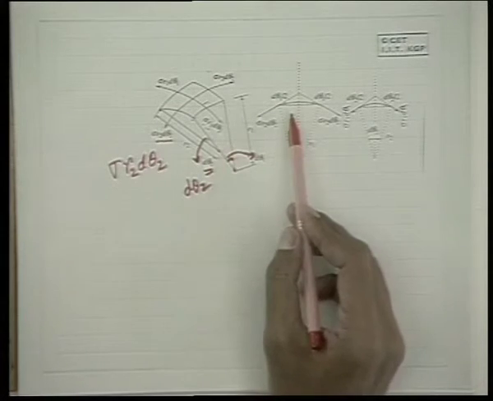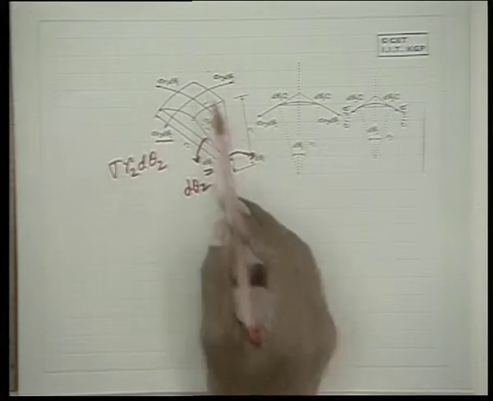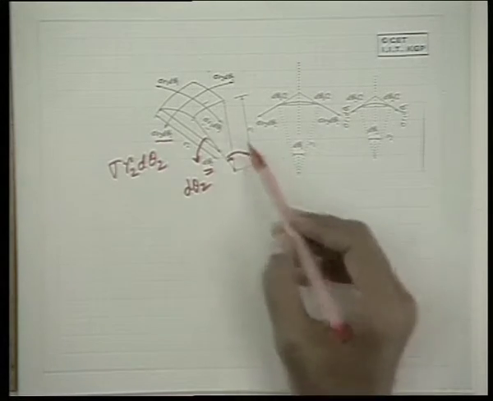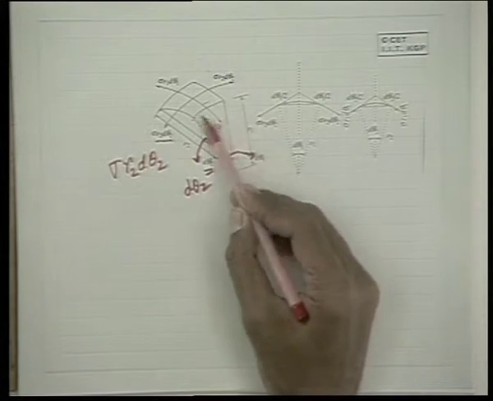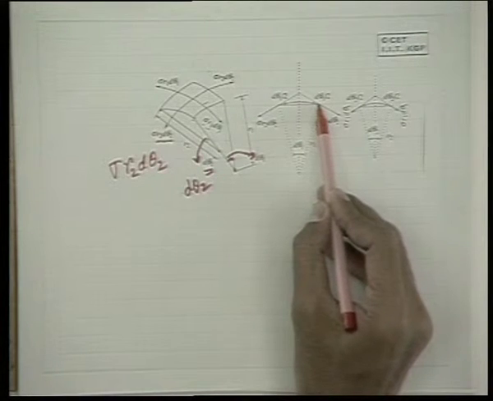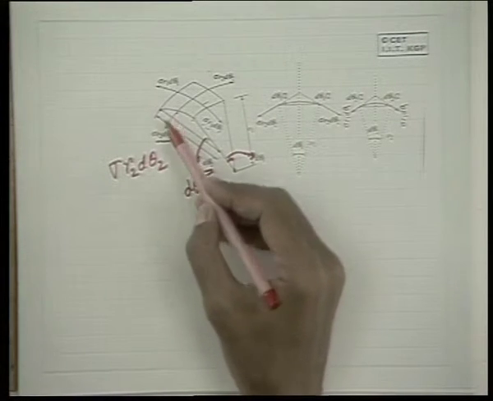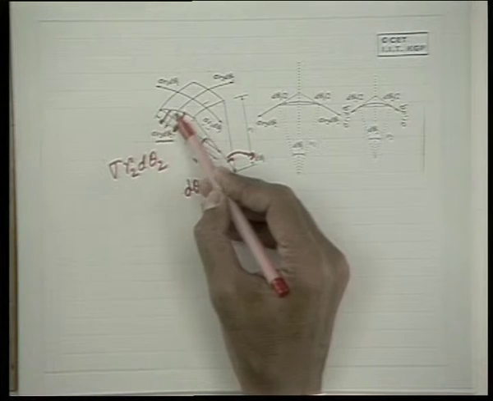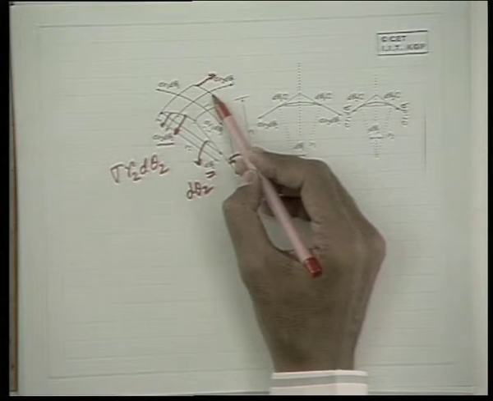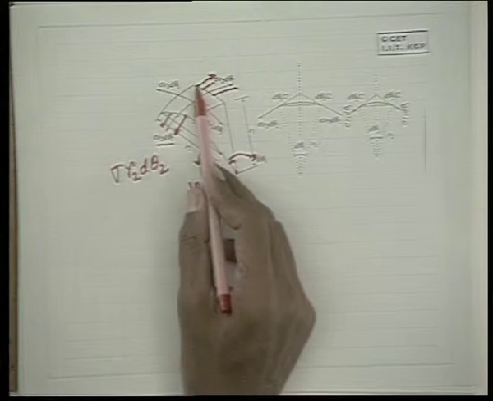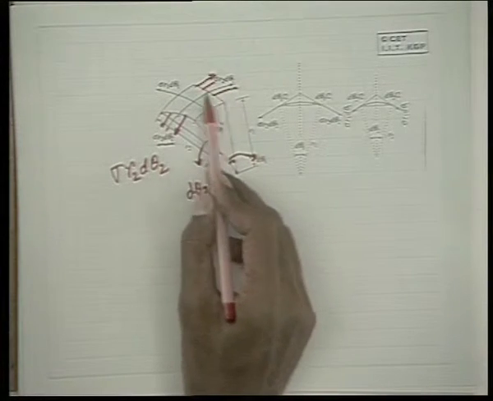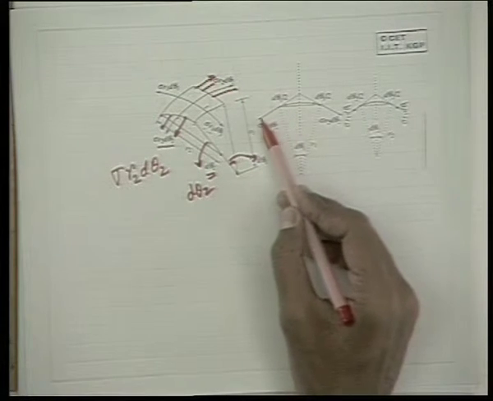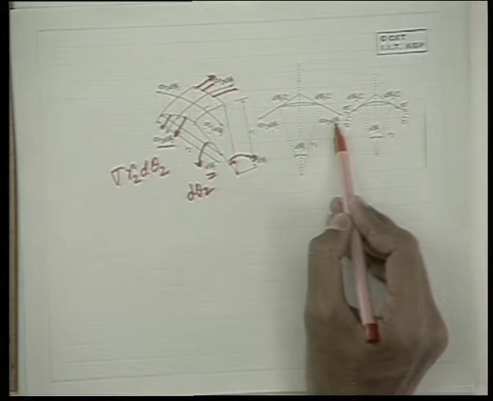Now this is a three-dimensional view. If you look at the two-dimensional view, that means if you look from this angle, we see only this part of the curve, where these forces act like this. I am showing it by only one arrow. So this is sigma into R2 d theta 2. All the forces sum up to this sigma into R2 d theta 2.